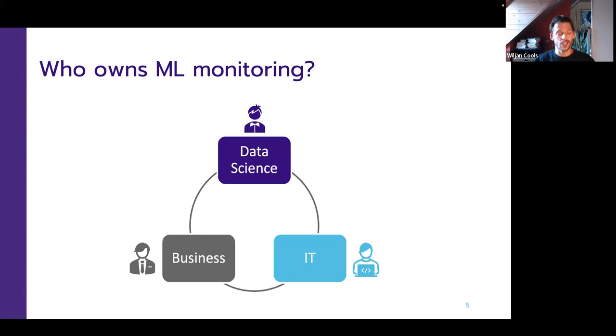And typically, IT or the ML engineers are responsible for application and infrastructure monitoring. When something goes wrong from that perspective, if your resources are not well provisioned or your compute is running out or you're running out of memory, then this can be solved from that perspective. But when it comes to the performance of the machine learning model, it is really something you should own as a data scientist. This is very important because you spend so much time understanding the data, the problem, and the business, and you also have the most context when something goes wrong, specifically from a data perspective, to figure out why it went wrong and do a root cause analysis. And that is also very important to then specify what the issue is and what the issue resolution